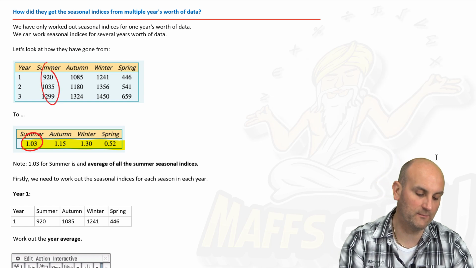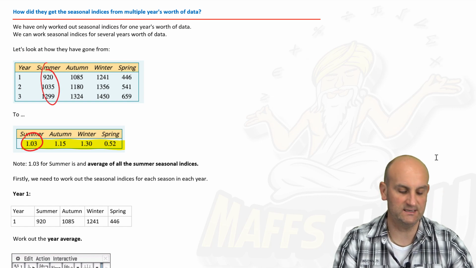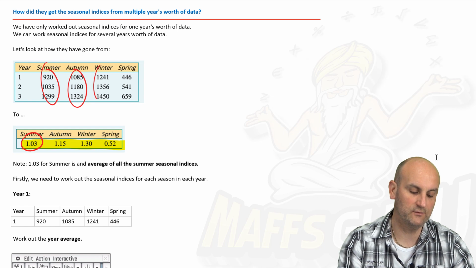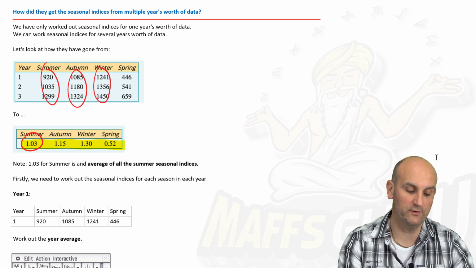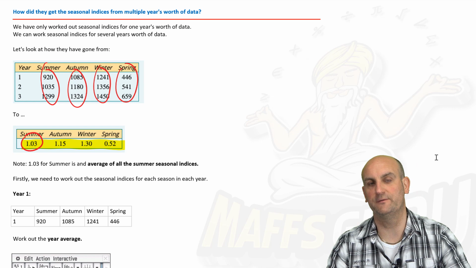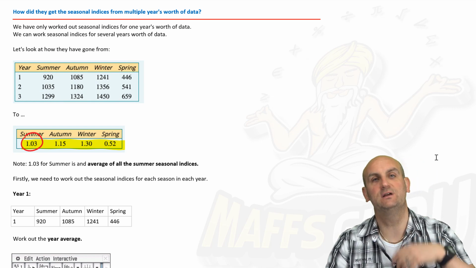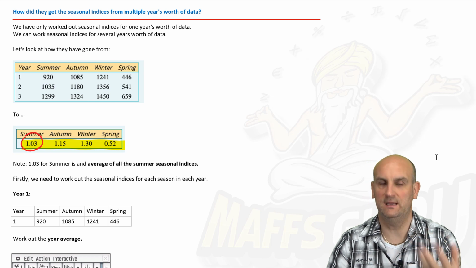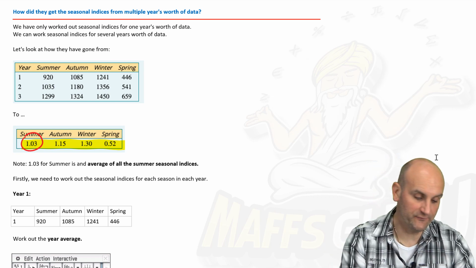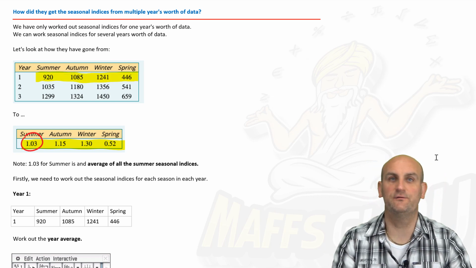So we're going to somehow get seasonal indices for all of these summer values, for all of these winter values, for all of these autumn values, all of those winter values, and all of those spring values. And basically, the whole process is average and average and average again. Ish. So what we're going to do first is find the seasonal indices for each of those values for year